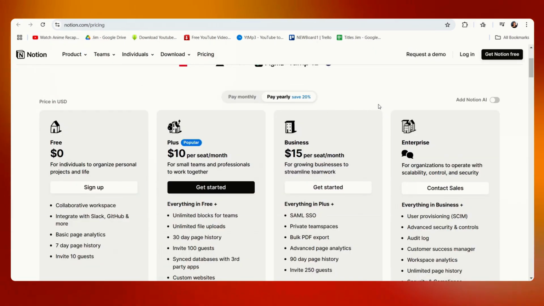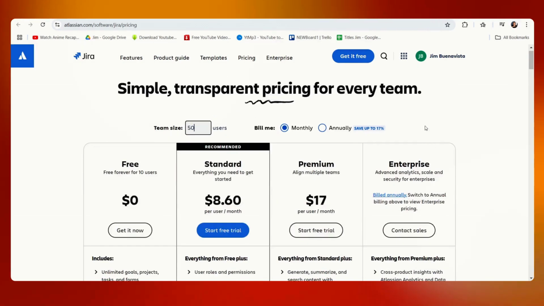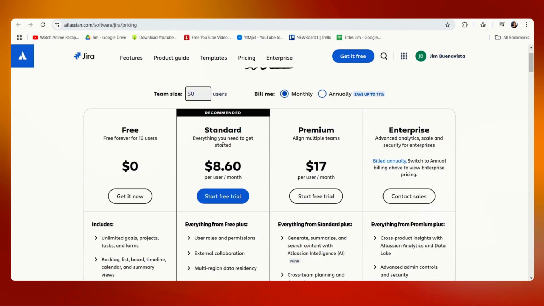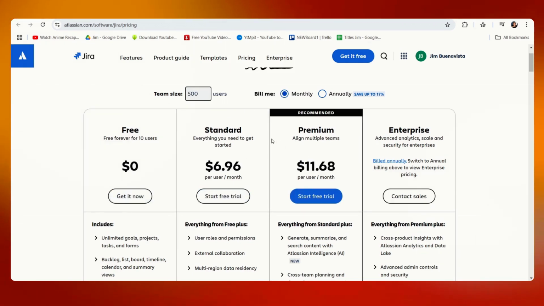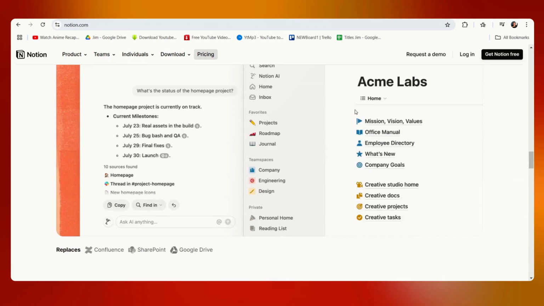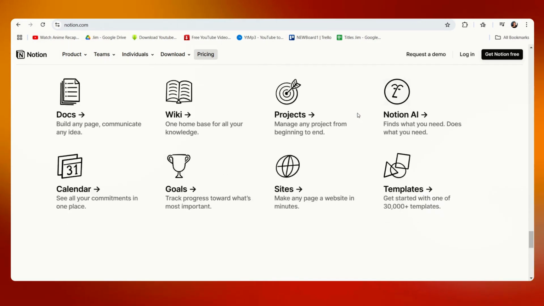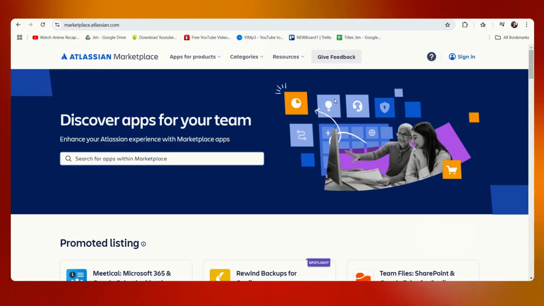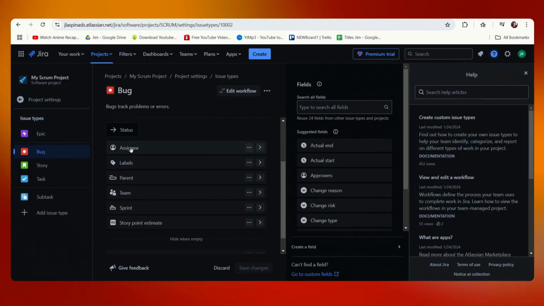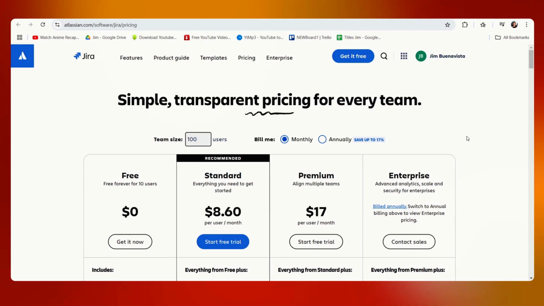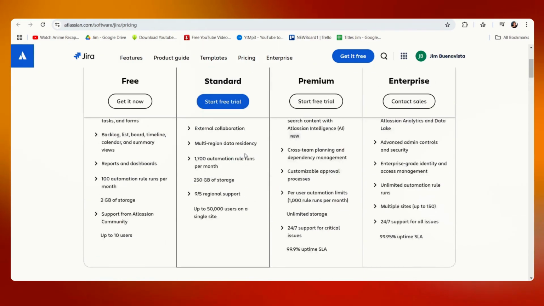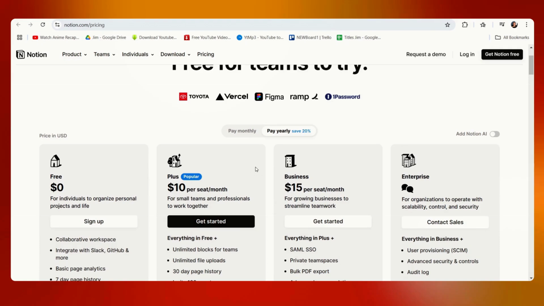Yes, we have a 20% off for yearly billing and only a 17% off with Jira. However, the standard plan rates and the premium rate as well adjust based on your team size. So in conclusion, if you're looking for a collaborative knowledge database, Notion seems fine. However, if you want to have unlimited integration with different tools, being able to program and troubleshoot all the issues very quickly, complete with software development as well, Jira is definitely where to go. Let's say you have a team of 100, these prices are not bad at all. In fact, even with a standard plan, you already have a lot more than this plus plan that we have